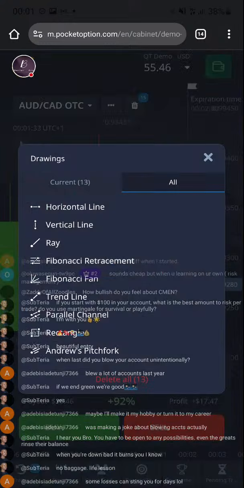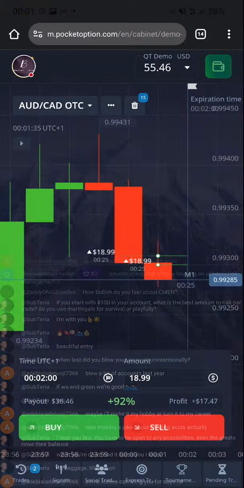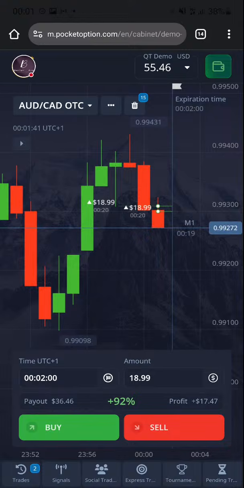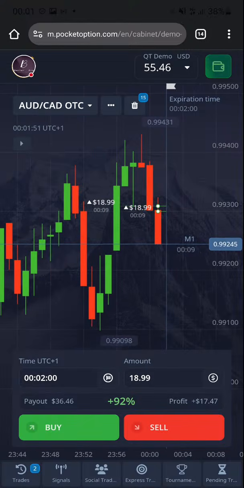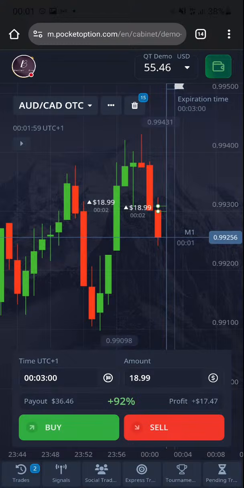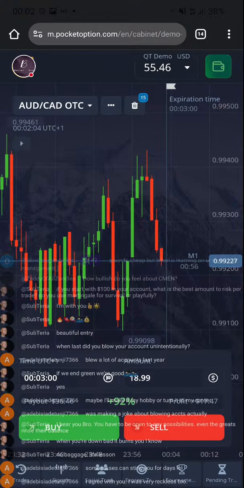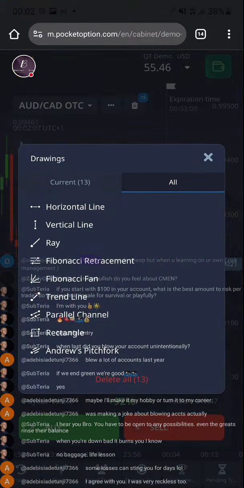Some losses can sting you. Now let me tell you why those losses sting. It's because you risk too much in the first place. You understand? When you risk too much to take a trade, it's going to sting when you lose. Seasoned traders know that the loss is nothing. They're going to make it back. They know it already. You understand?